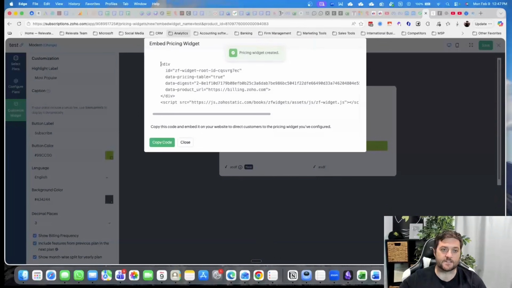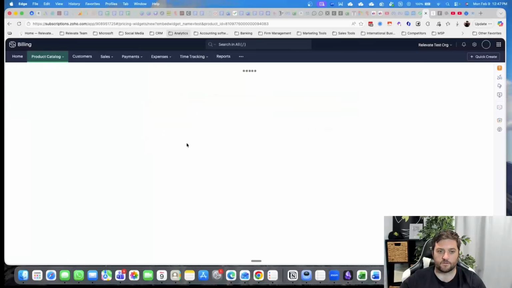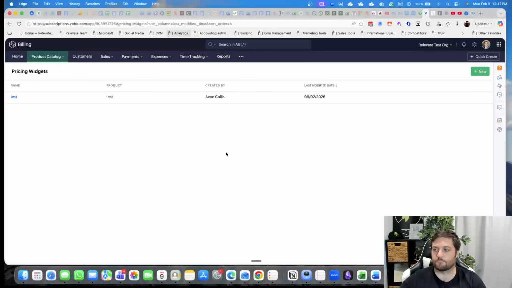Okay, and then that's the code that you would then paste into your website so that you could have that pricing widget already built for you. Now, personally, I prefer to use the pricing widgets built into the website platform that I use, which for me is WordPress using Elementor. And so I use the Elementor design elements, and then I just copy the hosted payment